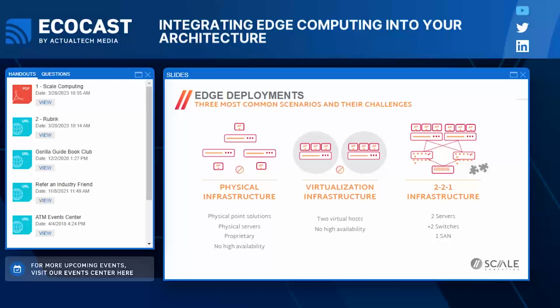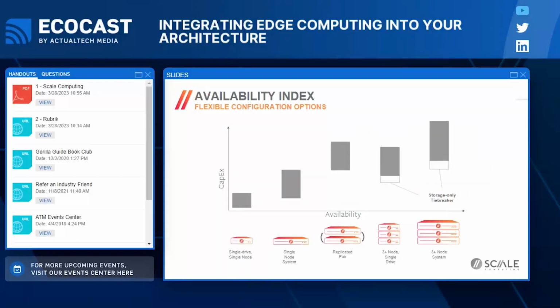We also do see, in more mature or larger scale environments, the use of virtualization. And often it's either things like just two mirrored hosts with some manual backup restore type capability or things like that, generally not automated high availability in a lot of cases. Or a 3-2-1 or 2-2-1 infrastructure where you've got multiple servers and a shared storage environment that does start to provide data failover and so forth there. And for those of us in IT who are familiar with these environments, there's a lot of trade-offs, a lot of complexity in managing those.